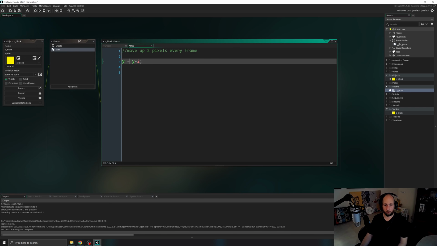So y equals y minus 2. Now this is telling the game, every frame of the game, hey, check where my Y position is. Say my Y position, or vertical position, is 500, which is very low in the room. Okay, check where that is, 500. Now take 2 away from that, so now it's 498, and take 498 and make that my new Y position. This little equal sign is telling the game, hey, assign that new number to my Y position. And that changes, and that runs every frame of the game 60 times per second, and so that's why when